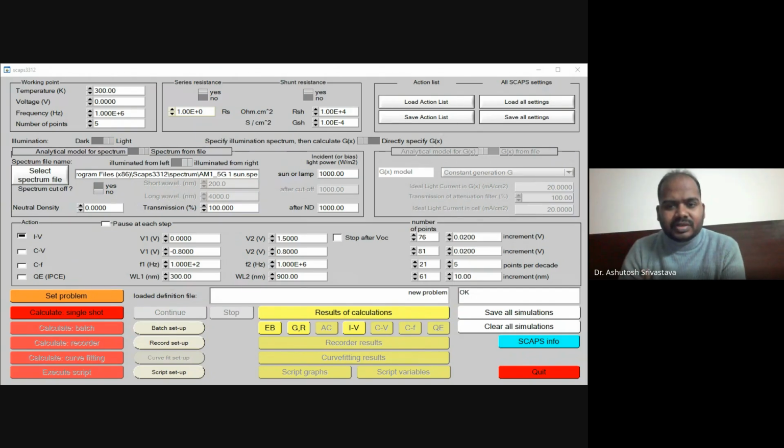So I was interested in the dynamics or the physics at this interface only. When we are working with the window and buffer layer interface, that has nothing to do with my electron hole pair generation, and that will definitely not affect much of the physics of the solar cell working. But when it comes to the absorber and buffer layer, I am interested, so that's why I have taken this